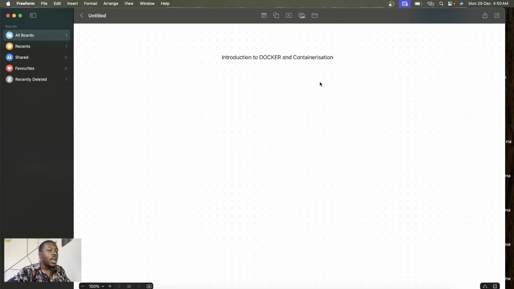So prior to having Docker, we are going to explain Docker shortly, but we want to see what it was before the advent of Docker and containerization.